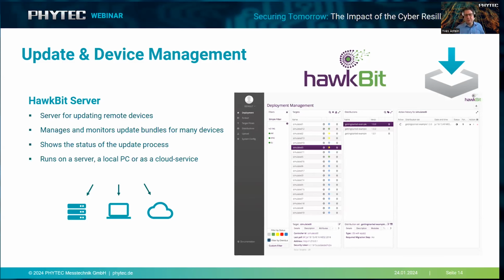You can even do managed updates, do rollouts, maybe do test updates first for a certain number of devices before you roll out to all devices. You can filter devices, group them by maybe region. You want to only update devices at night when nobody is in a factory, and you have a factory in the US and one in Europe, then you want to do it at different times. So you can handle all of this with the Hawkbit server.